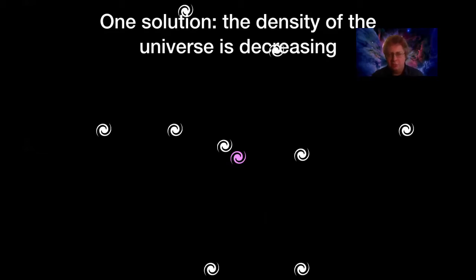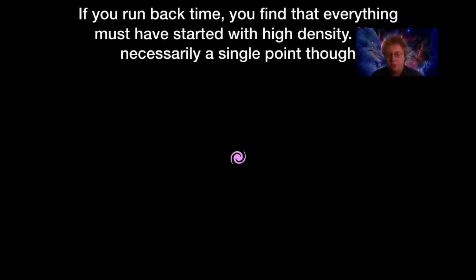So what does this imply if this is actually how our universe works? Let's take this state that we're in right now and let's run the clock back. As we go backwards in time, everything's going to come back to one point, and we're going to have a lot of matter all stuck together very close. So when you run back time, you realize everything must have started off with a very high density.